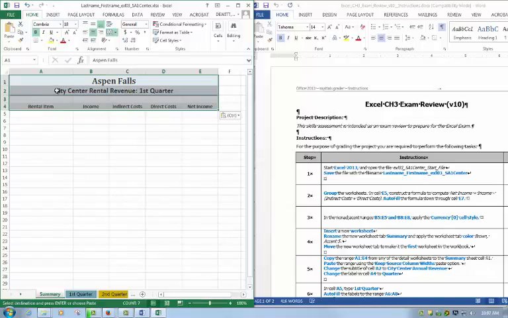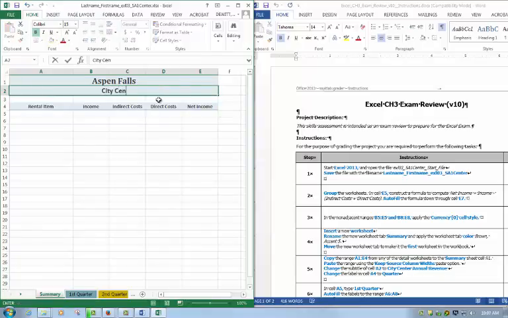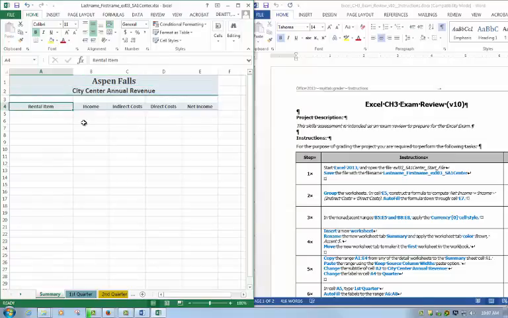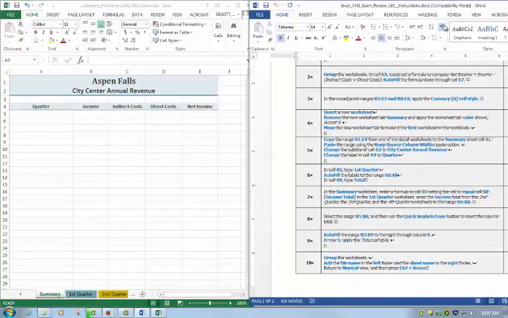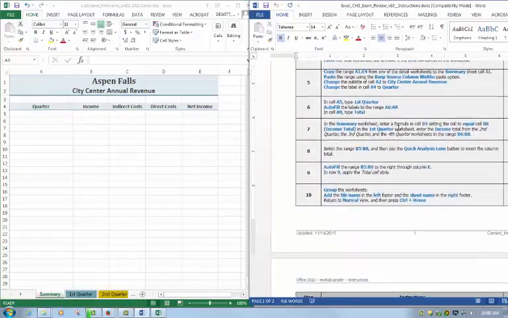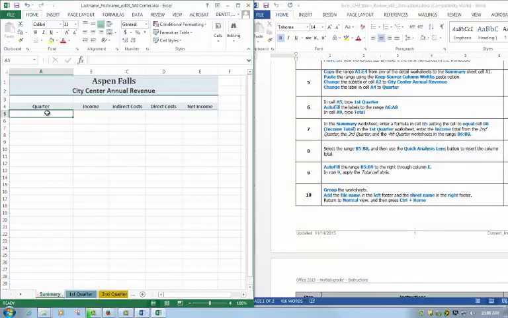We want to click into A2 and type city center annual revenue. Click in A4 and type quarter. Moving on to number 6, I'm going to type first quarter